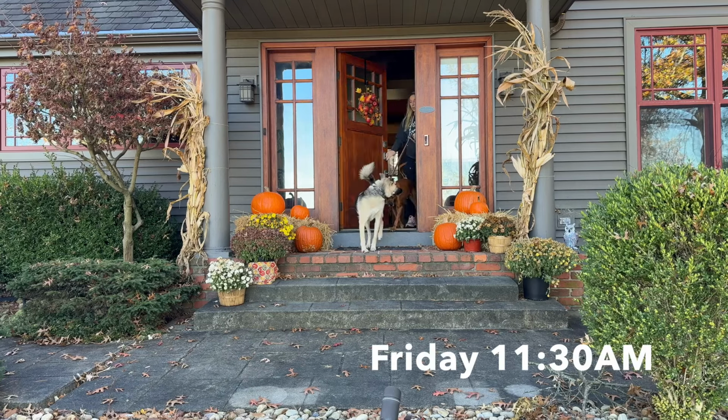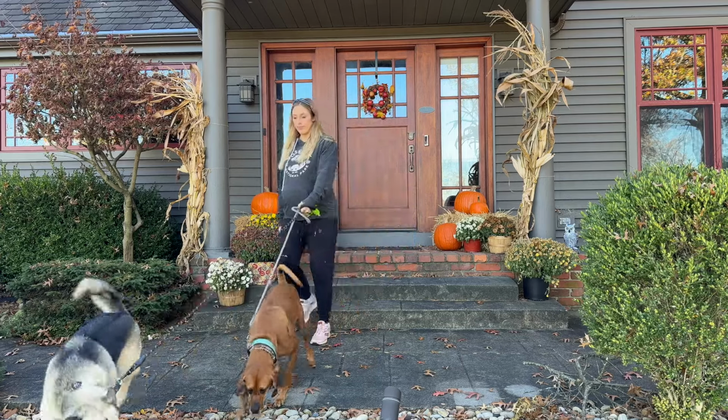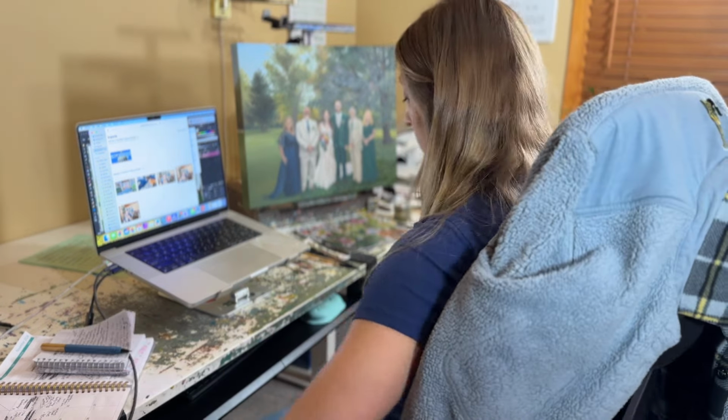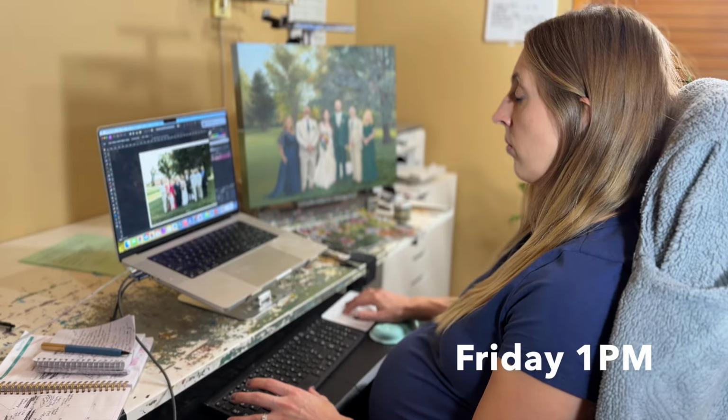Next, I took a little break and I took my dogs for a walk. As you guys can see, I am pregnant. I am about 36 weeks pregnant, so the baby's due in the next 4 weeks or so. I'm trying to remain active and keep stretching and fitness into my daily routine to help, hopefully, with the labor process coming up soon. After my walk, I had some lunch, head back up to the studio space where I